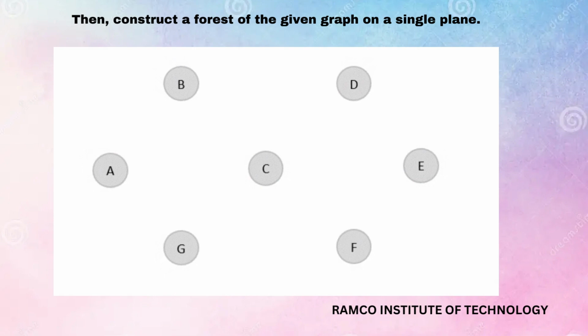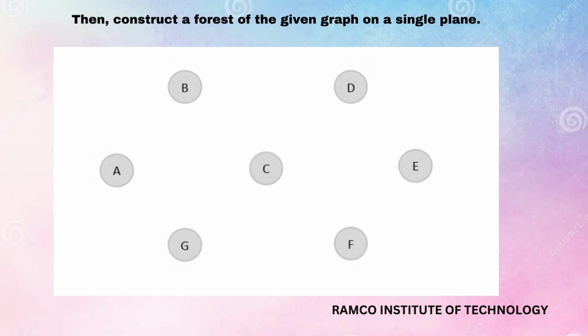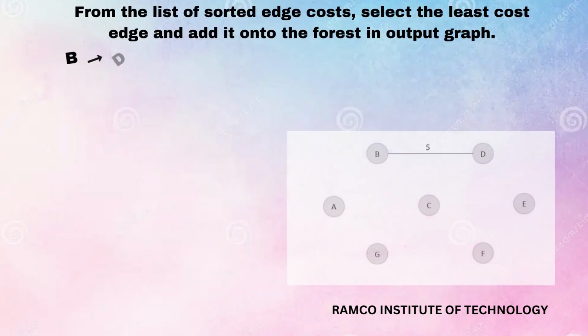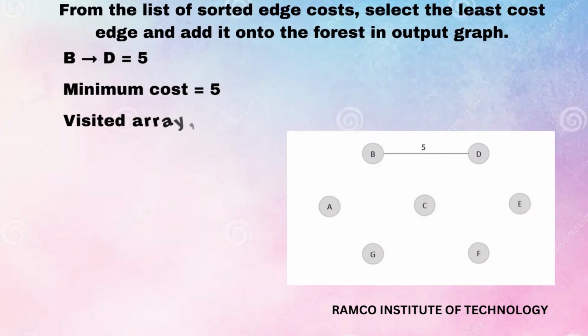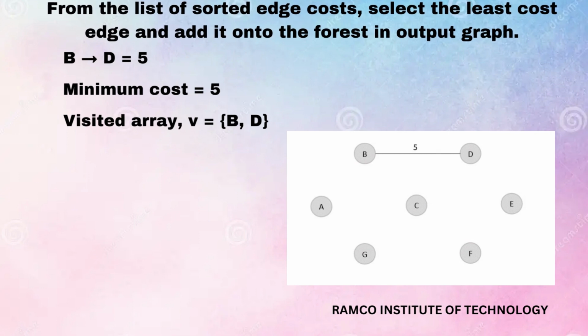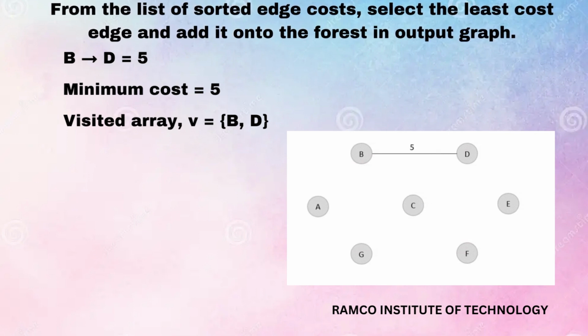So then construct a forest of the given graph in a single plane. The forest contains all the vertices in the main graph: A, B, C, D, E, F and G. So all the vertices should be available in the forest. Then, from the list of the sorted edges, select the least cost edge and add it to the forest in